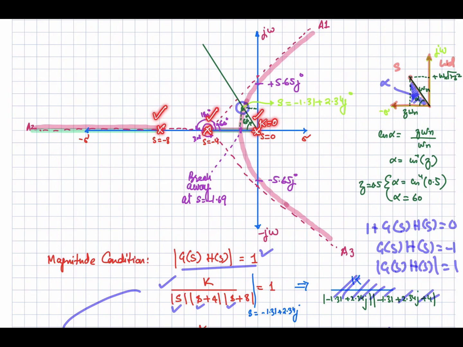Open loop poles are over here, but when we change the gain k, the poles start moving like this. So when the gain is equal to 16.62, our pole will be at this position over the root locus, and at that time we know that we have set the angle to 60 degrees by using zeta equal to 0.5. So our damping ratio will be equal to 0.5. So you can select the position of the closed loop poles, and for that you can adjust the gain k to get the desired response.